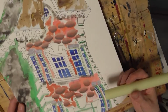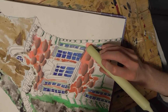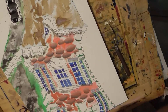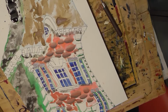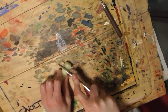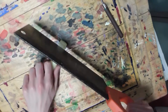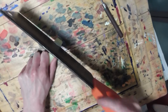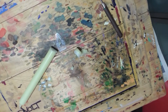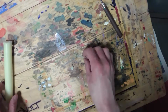And here I am with a candle. The idea here with the candle was to put some candle wax on the surface so that when I put the watercolor down, the watercolor will not sit over the candle wax. Therefore, the lines that I've made with the candle will open up after the watercolor's been put on. I wasn't satisfied with the bluntness of the edge of the candle, so I sawed a little bit off the bottom with a wood saw there,